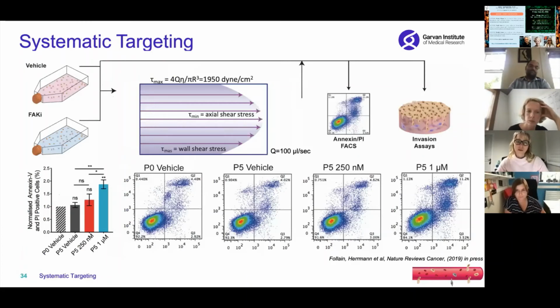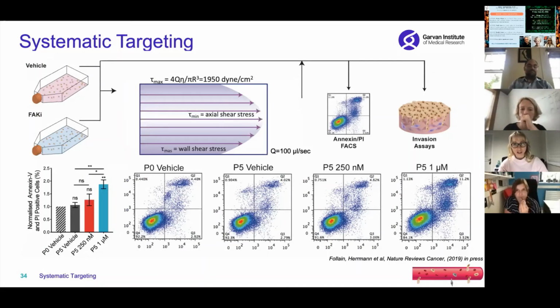And what we did here was we pre-treated our cells with FAK inhibitor prior to exposing them to 5 passages of shear stress through a needle at a defined rate and speed. 24 hours following shear stress, we then used FACS sorting to simply see if we were enhancing cell death in our FAK primed cells. And what we saw was that if we pre-treated our cells with our FAK inhibitors prior to shear stress, we could significantly increase the rate of apoptosis within these cells,